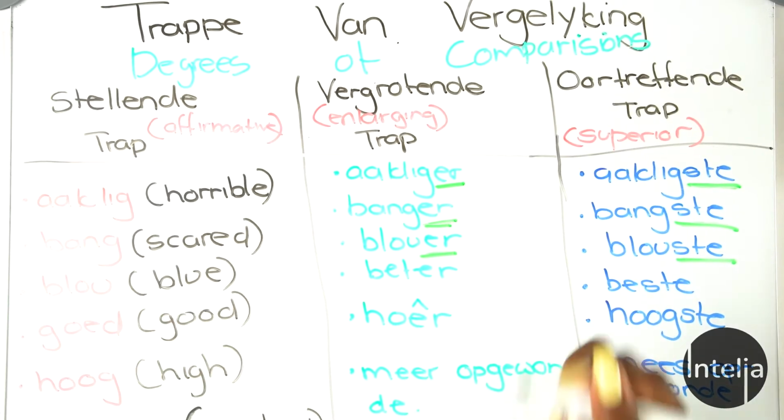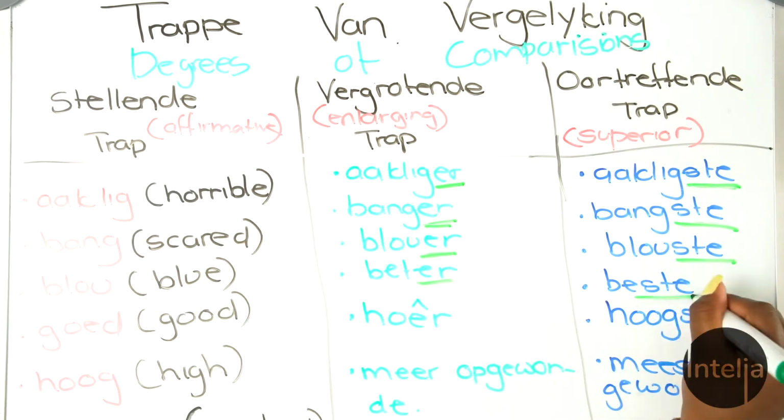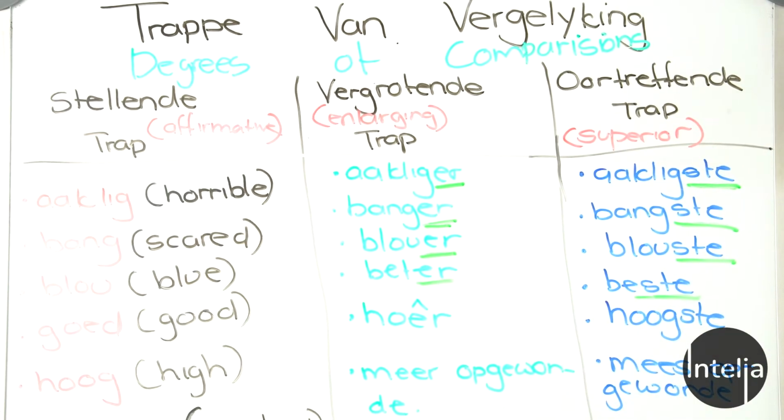Goed, good. So in English, you can't say good, gooder, goodest. That kid was the gooder kid, or that kid was the goodest kid. It's not grammatically correct. We do say, however, good, better, or best. Same thing applies in Afrikaans. Ons het goed, beter, beste. Do you see how even though,